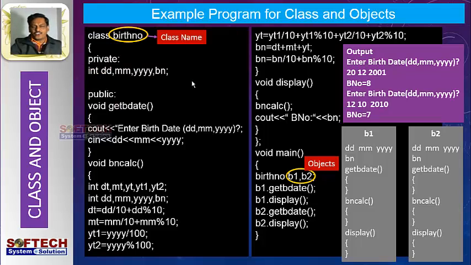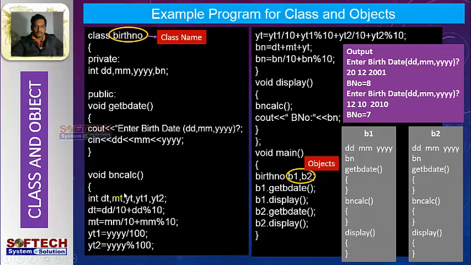What are the functions? First, we want to get the date from the user. So here we write one method, that is a function, to get the date. The function name is void getdate. Cout enter birth date dd, mm, yy. Then we get input dd, mm, yy. This function helps to get the day, month, year. The next function is void calc. This function helps to calculate the birth number